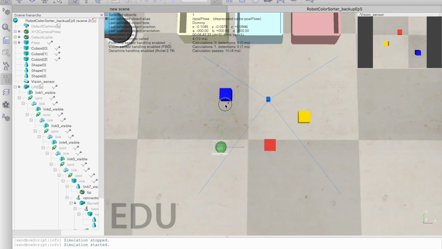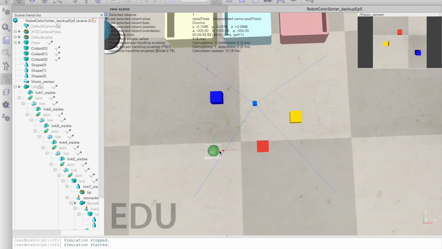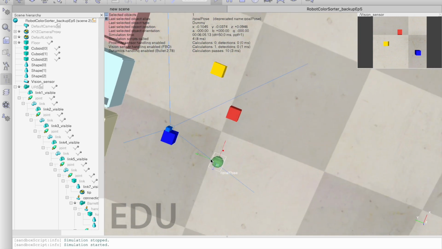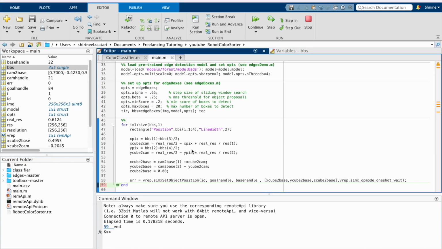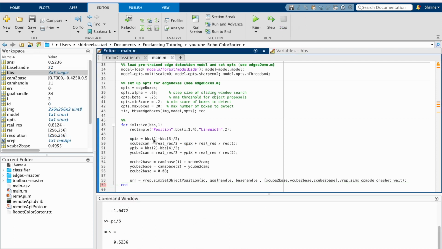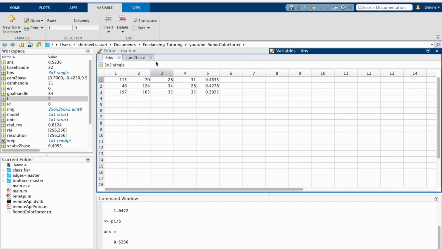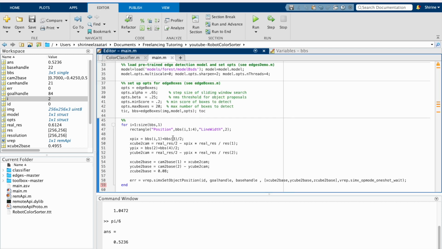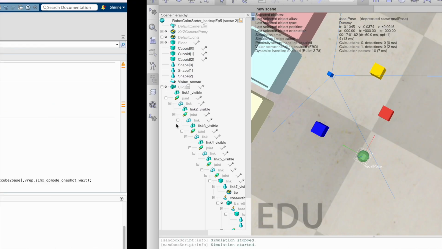we'll wait to see. The goal pose has changed, but it's still not in the right position. Let's go back to MATLAB to check it. One thing we need to fix is BBS1, so we should have put BBS i, 1 because we're actually looking at the ith cube, which is the first one in this case, because i is equal to 1. So now it's 2. So the first row, and we're looking at the first column, so MATLAB might have been a bit confused with that. So that's why here we're going to say i, 2 and i, 4. And now if you run it again,